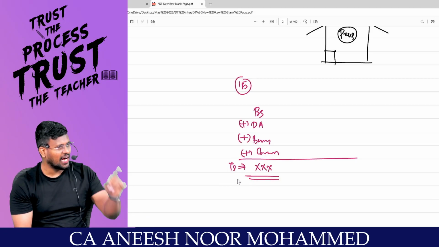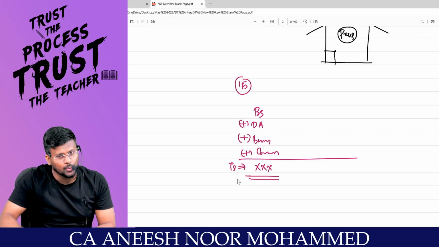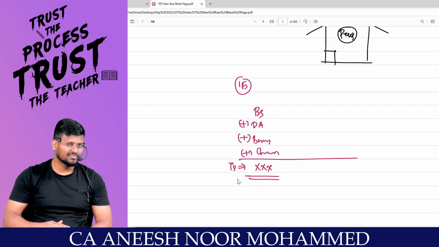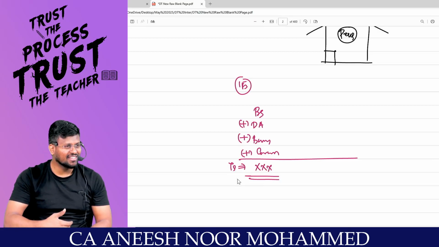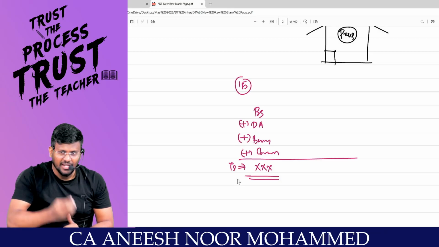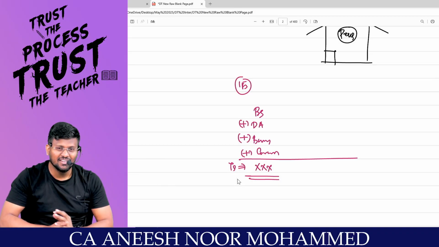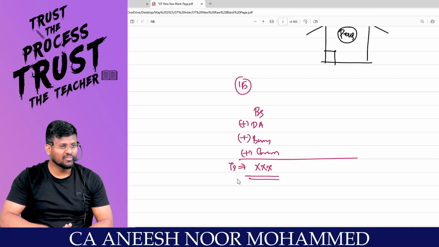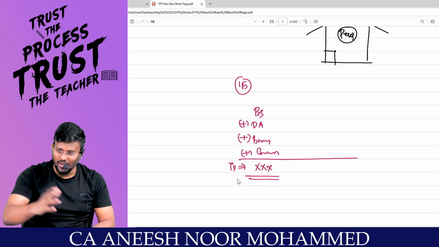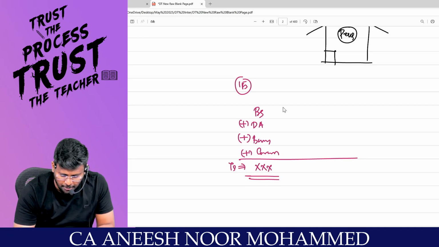My question to you: after you become a chartered accountant, after you go for a job, if you are getting 1 lakh rupees, what will you be doing? With that 1 lakh per month, what will you be doing? Expense. What expense? Eating, going for tours, buying a car, buying a house, buying a phone, marriage, going on a Maldives tour. So like this you will be spending. The same way the employee will also do with that basic salary, right?